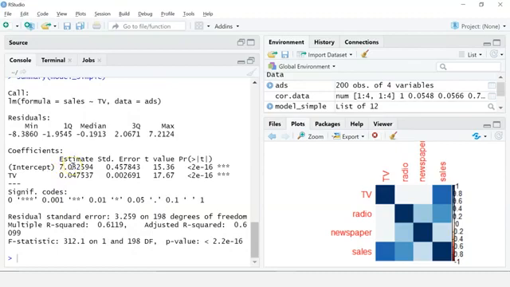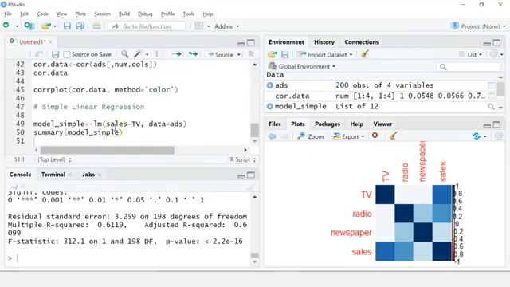So when the TV advertising budget is 0, we can expect sales to be around 7030. Also remember, we are operating in units of 1000, and for every $1000 increase in the TV advertising budget, we can expect the average increase in sales to be around 47 units.